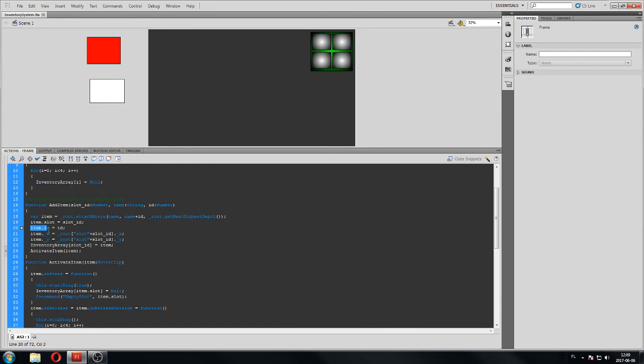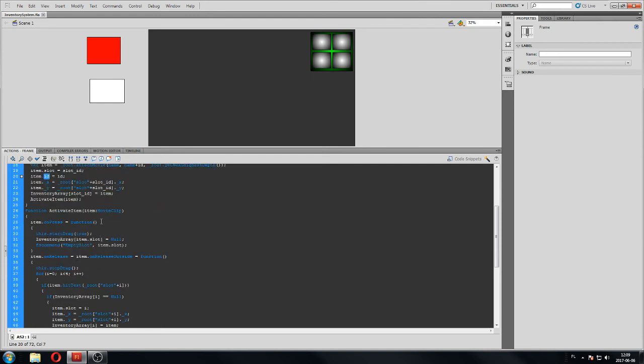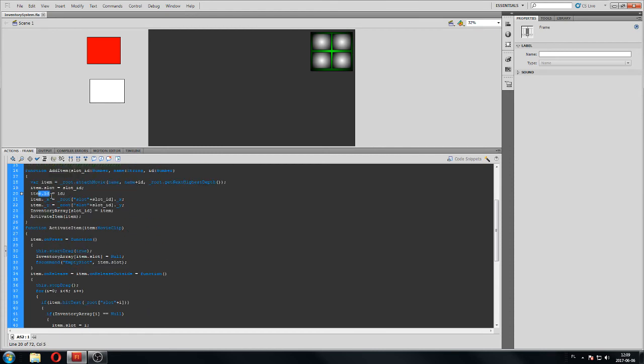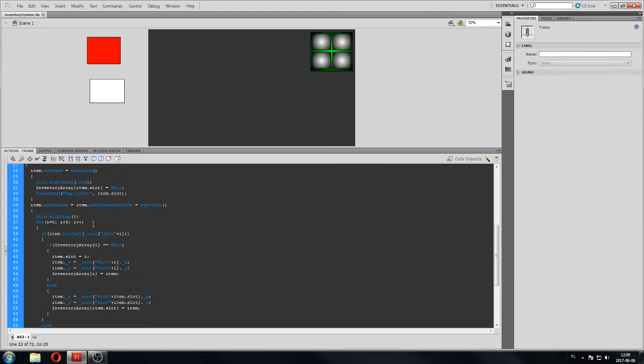Why am I doing this? This is just like a slot. This is a new property, but it's always going to be the same. I think that's going to be fine. If we add this, then we can access it later, like if we drop it somewhere in the inventory,